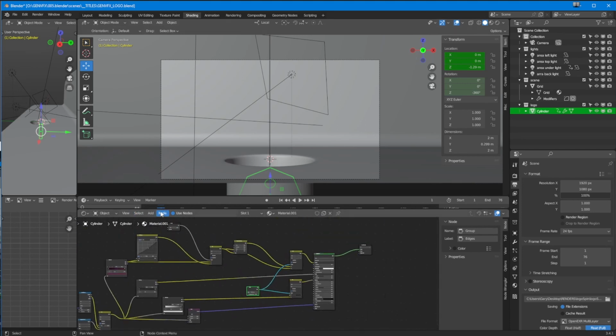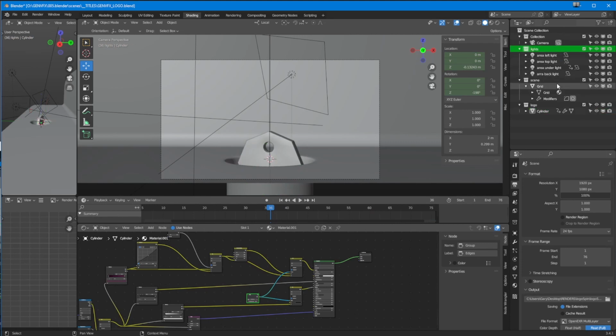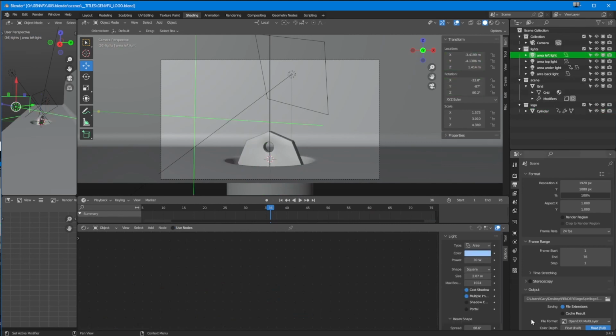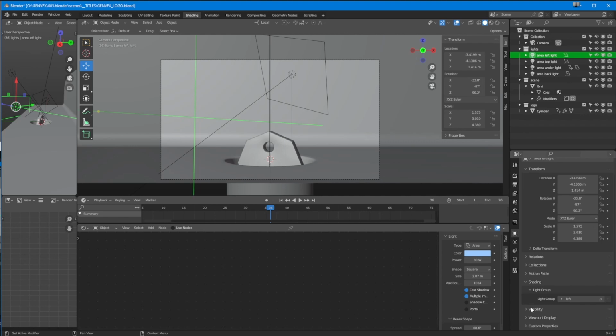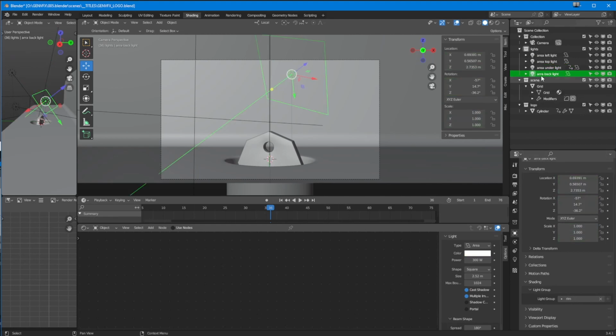So that's all there, and that's all rendered actually, because we don't need to render that at all. But what I did do, which is quite important to the rendering stage, is I set up light groups. So if I pick in here, I've got just a collection called light. So I pick that light there, and let's go into the box here. We've got a light group that's called left light. The top one's got one called top. The underlight has got one called bottom, and the area backlight is in rim, because it's like a rim light